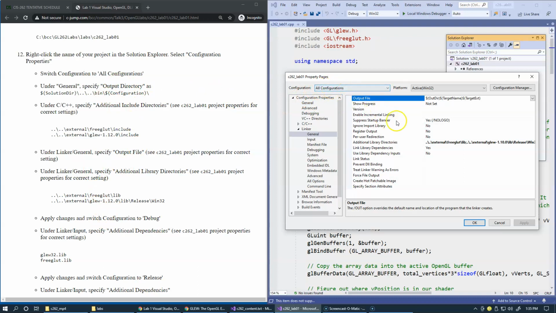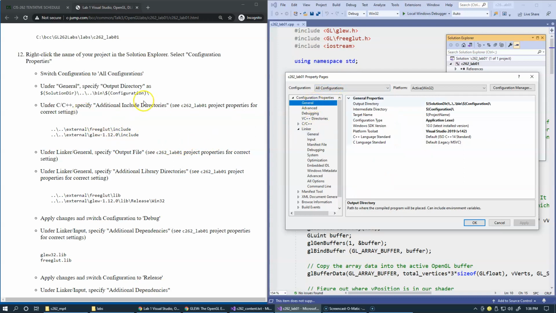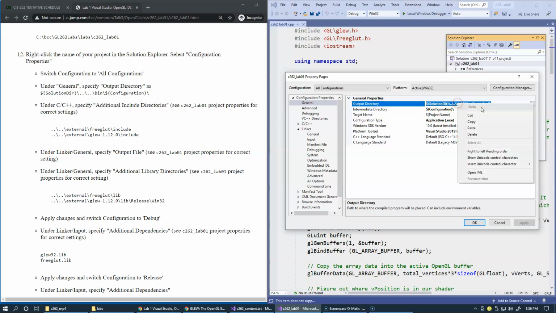It's important because you probably want to keep your settings for all configurations so that you don't have to struggle with different settings between the debug and release configurations. You can see what's being defined down here, and just use all configurations, and under general right here you'd have to specify the output directory just like I did, and you can copy it from here, right? You can just copy everything from here, but you can see that these things that I suggest you to do, they are already in place in my project. And then